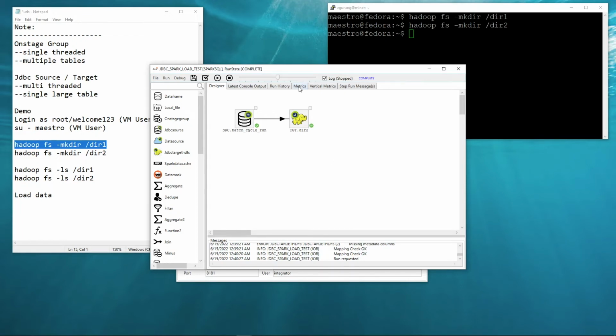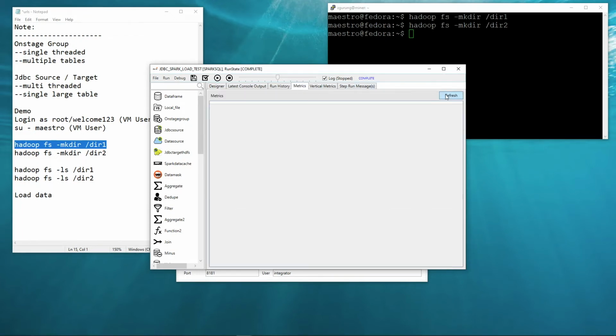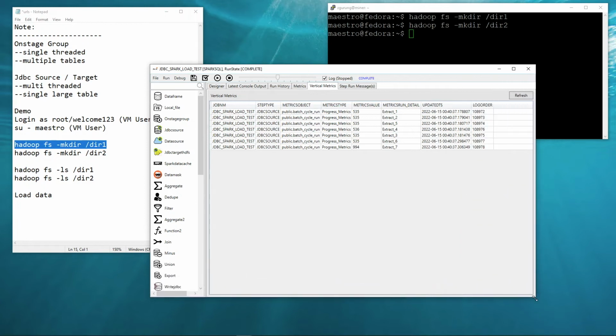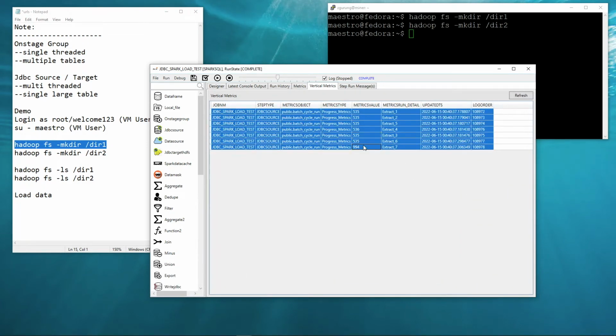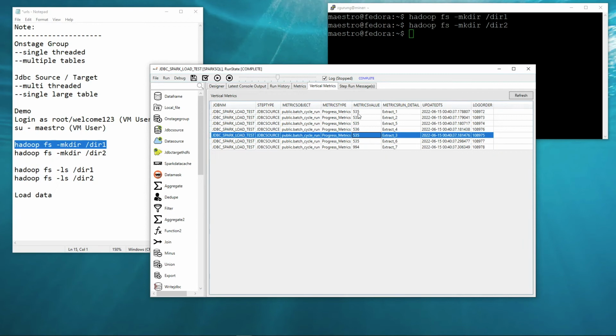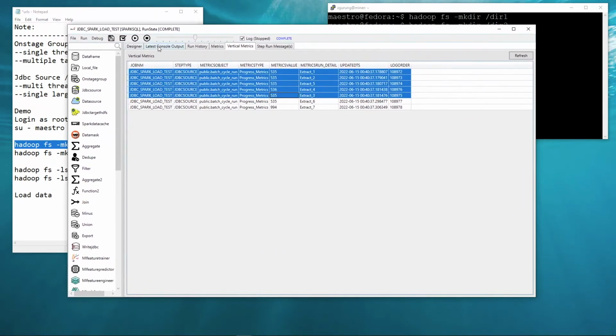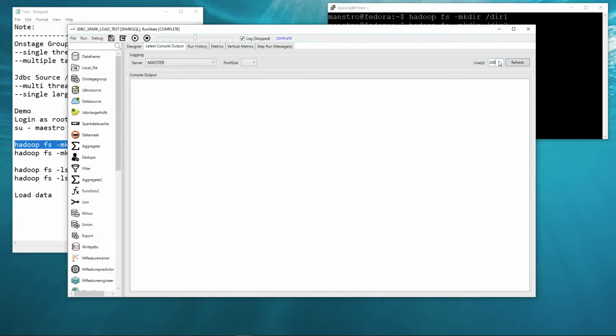This job is finished. Metrics. Refresh. Not much here. Vertical metrics shows detail level metrics like row counts. These are the threads. There are about 7 extractor threads. Out of them, 4 or 5 are running in parallel. The way to tell that is if we look at last console output